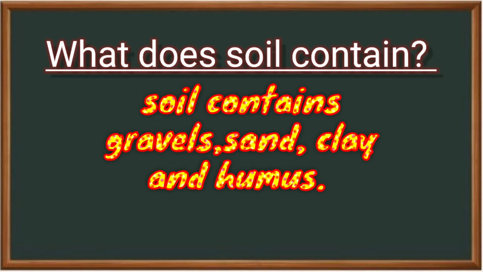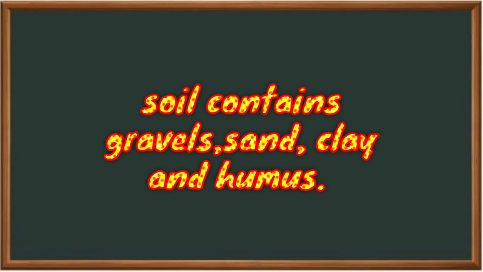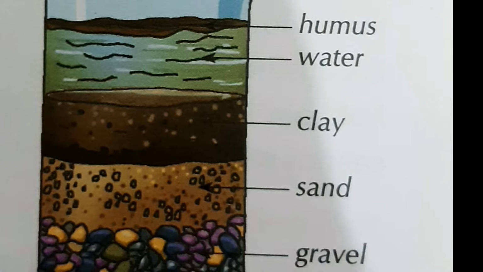In the previous video, you have studied about the formation of soil and the soil profile. In this video, I am going to explain to you what soil contains. So, soil contains stones or gravels, sand, clay, and humus. All these are present in soil, and you can see it by taking soil